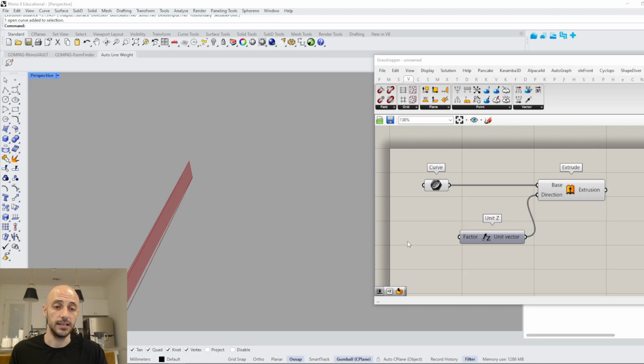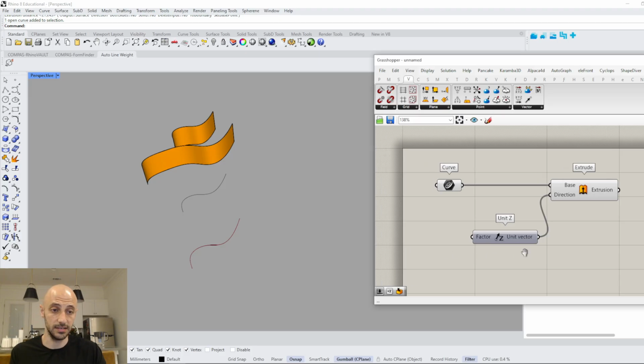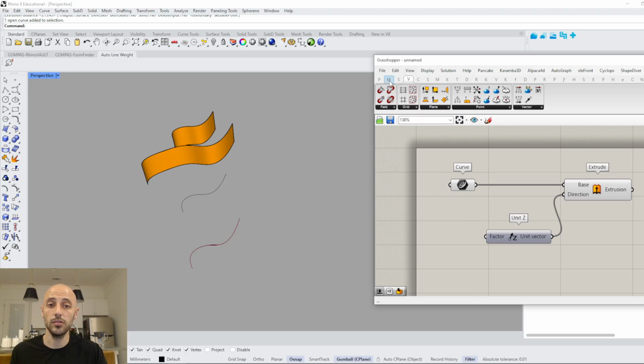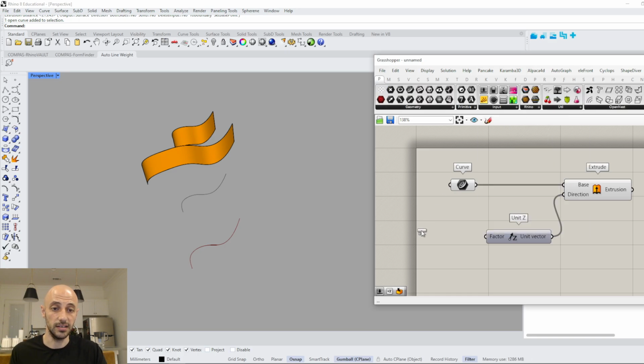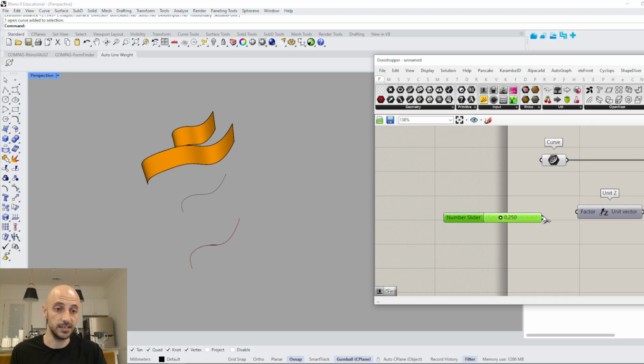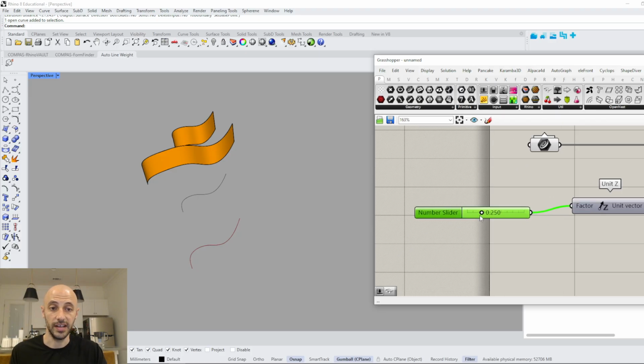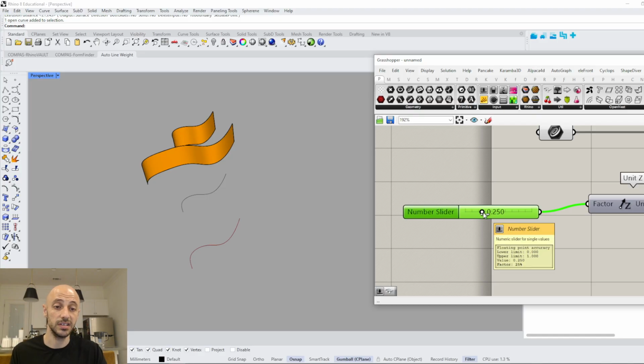However, the factor for unit Z is 1, or set to one as default. That's why we don't see it from a distance, okay? So what I need to do, I need to go to the input, grab a number slider, and connect this to here. And I connect this to here. Now it's even worse because now it's